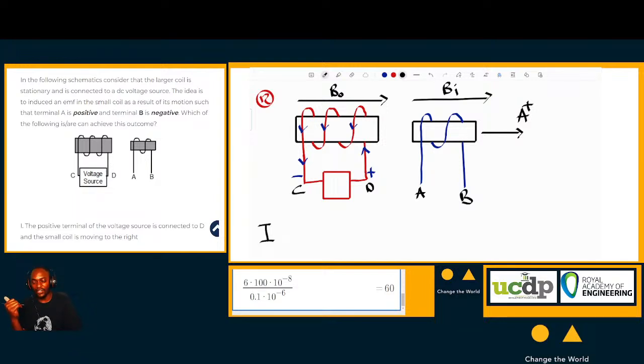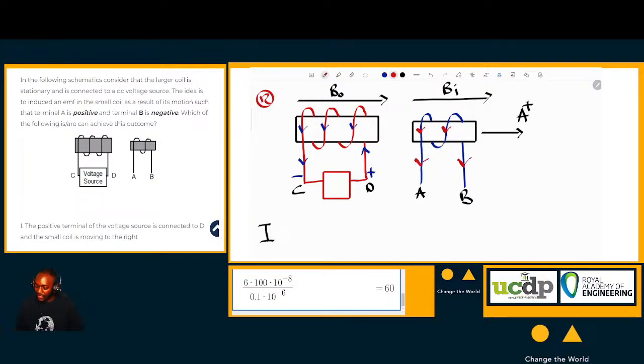Now that we have identified the direction of the induced magnetic field, let's use that direction to determine the direction of flow of current in the small coil. Remember, we have to grip in such a way that our thumb points to the right. So you realize that if you grip properly, then it should be like this,